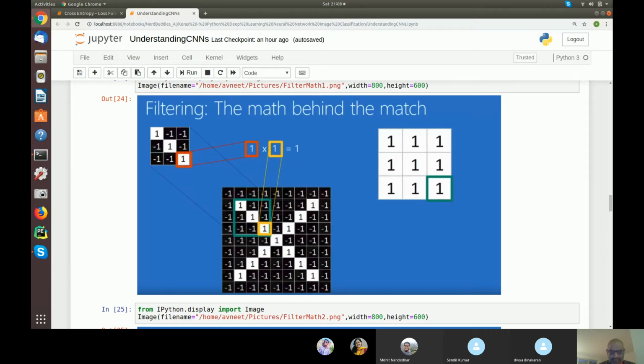So we go to each pixel value in the feature. In this case, we are looking at the extreme right and at the bottom. And on the green square,